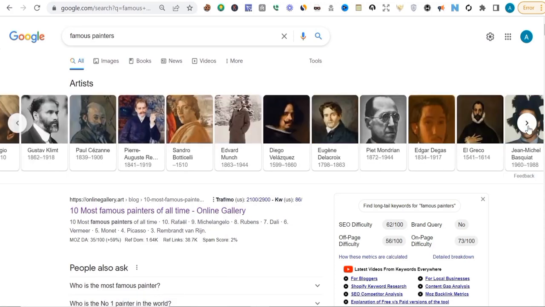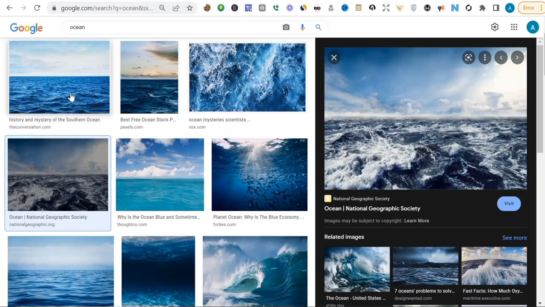That's it. So how do you get these kinds of images? Let's say you want to talk about oceans. You can see the kind of images that are all about oceans. But you can never just come here and take these images. You can't claim them, because you may suffer from what we call copyright. These images may be subject to copyright, so these are not royalty-free images at all.